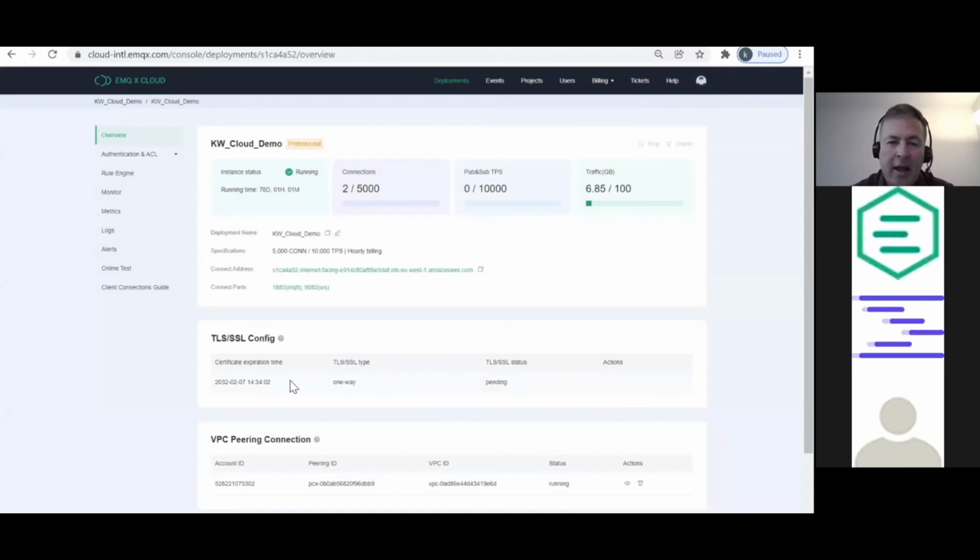And it also shows you the certificate expiration time, so you can see when your certificates are valid, or when they expire rather. And the other thing to note is the connected ports. Currently, until this gets set up, it's only looking for the unencrypted connection. So when this changes to running, we should see these change to include the TLS ports also. So now we've configured the